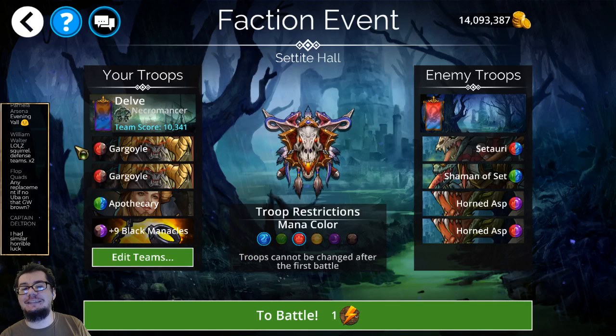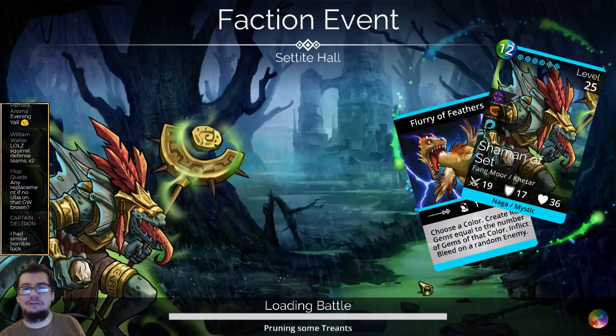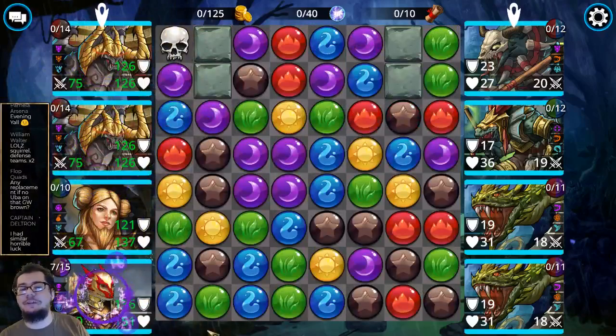But speaking of things that we use automatically, Double Gargoyle Apothecary. We're going to be running this into the event right here. I don't even think we really need to switch it out. I already started it earlier, and now we're going to finish it. Okay, we'll go and grab